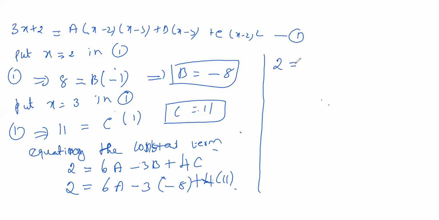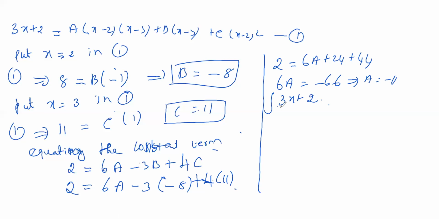All right, we continue this one here. 2 is equal to what? 6a plus 24 plus 44. You simplify here, 6a is equal to minus 66, so that a is equal to minus 11. So the partial fraction is over, so everything you substitute in the main equation,